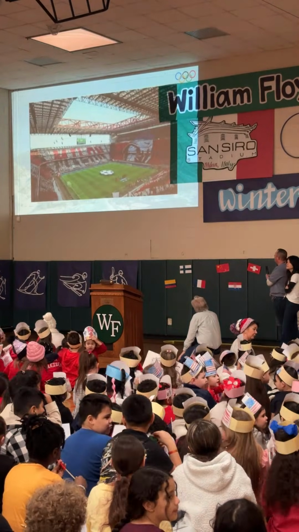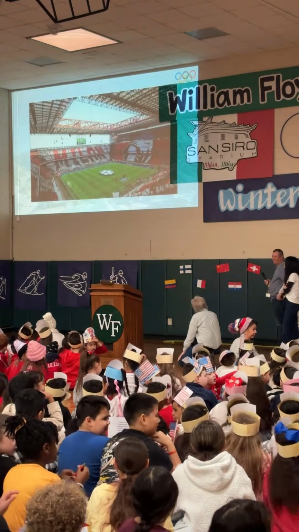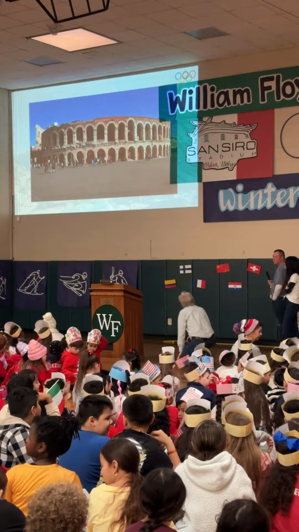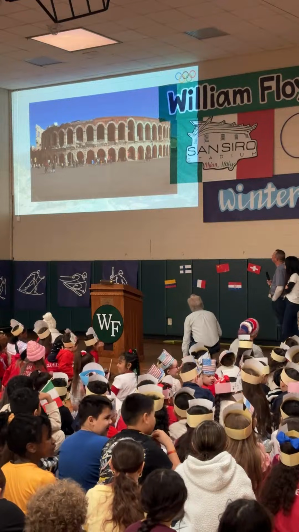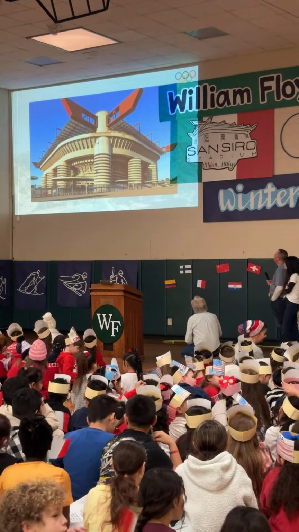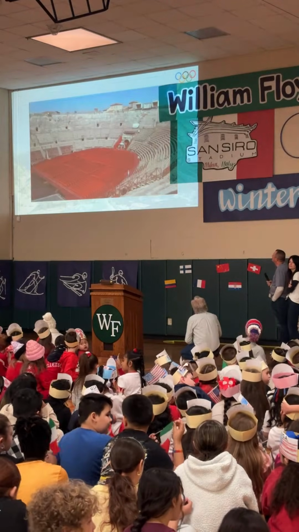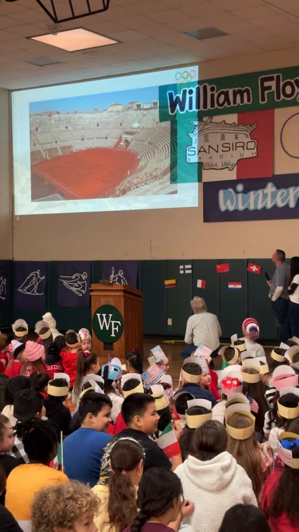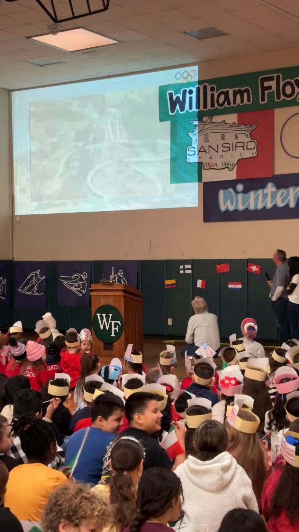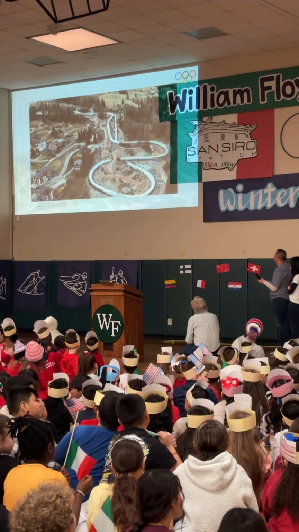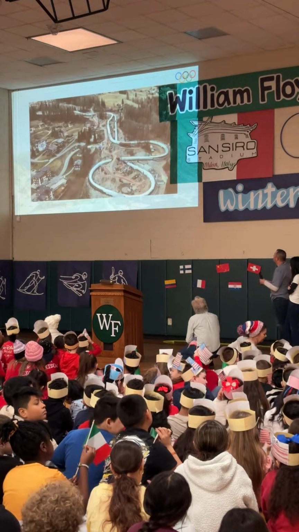These Olympics are not just about sports, they're about sustainability. In fact, 93% of the venues are existing or temporary structures. Instead of building massive new arenas, Italy is reusing historic facilities and natural landscapes. This approach cuts down construction waste, saves costs, and reduces the environmental footprint, setting a new standard for how future Olympic Games will be hosted.